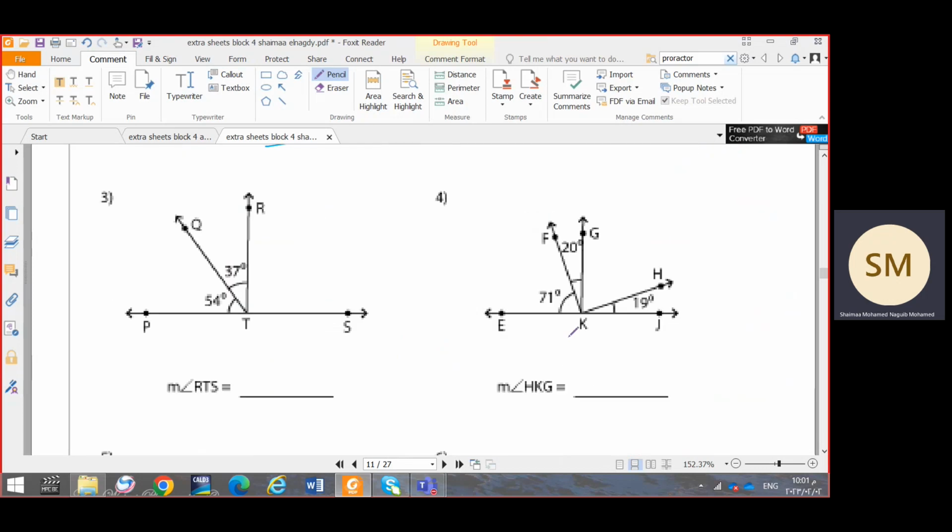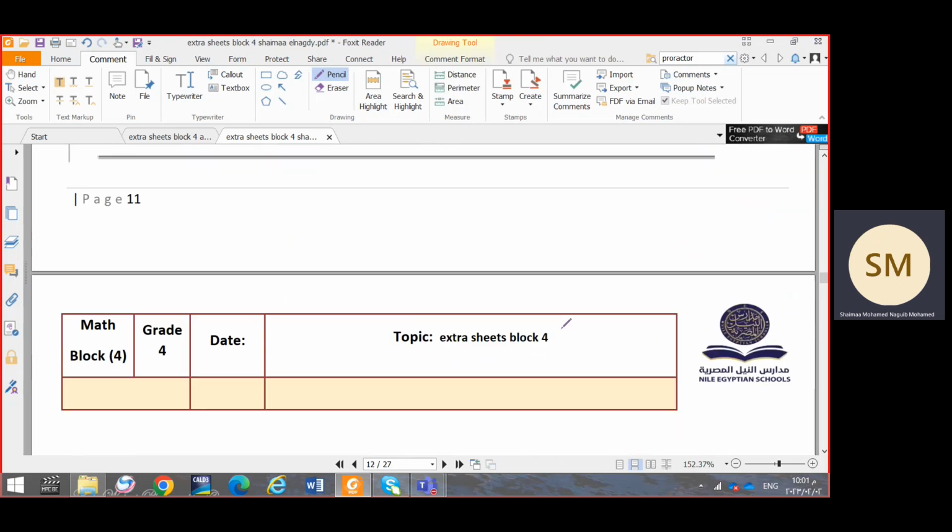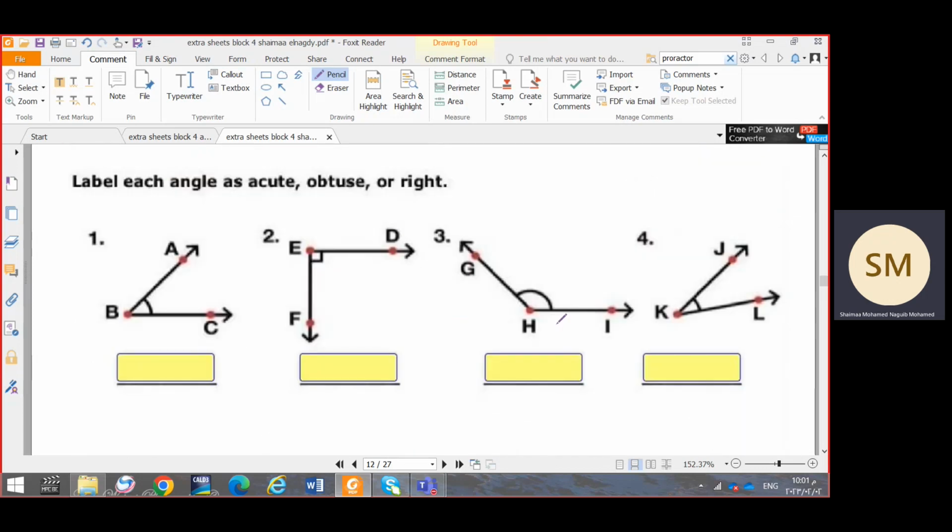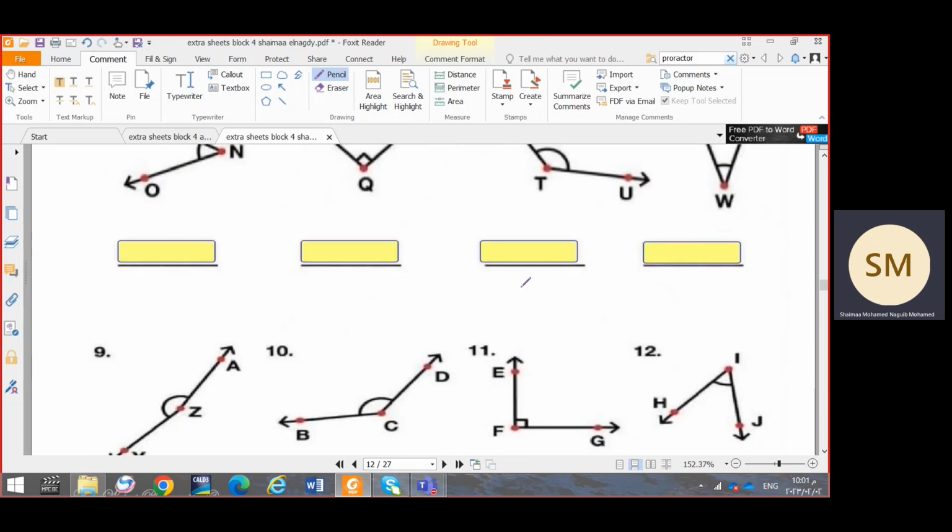Okay, and this is all that I will say. This is the types of angles. This is acute, obtuse, right angle. You will mention this is the symbol of right angles. This is right angle, and this is acute, and it will be very easy for you. And this is obtuse. Okay,